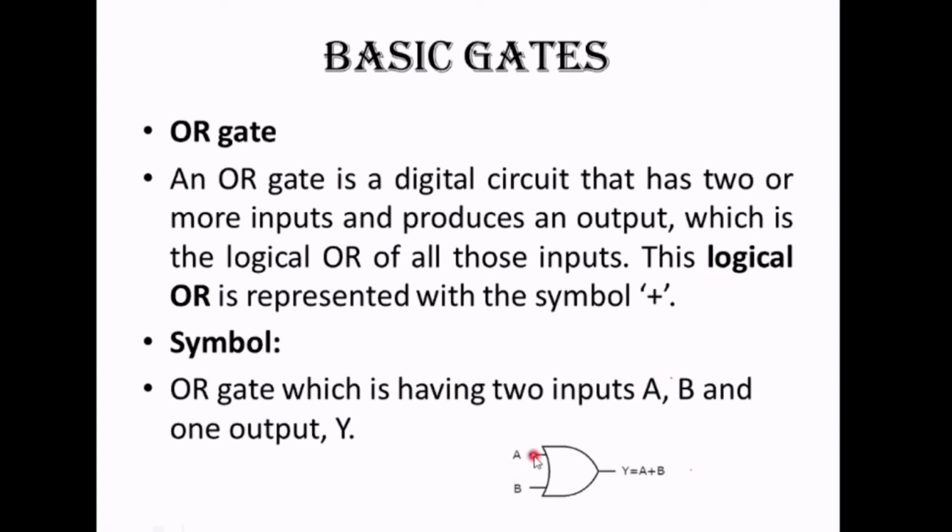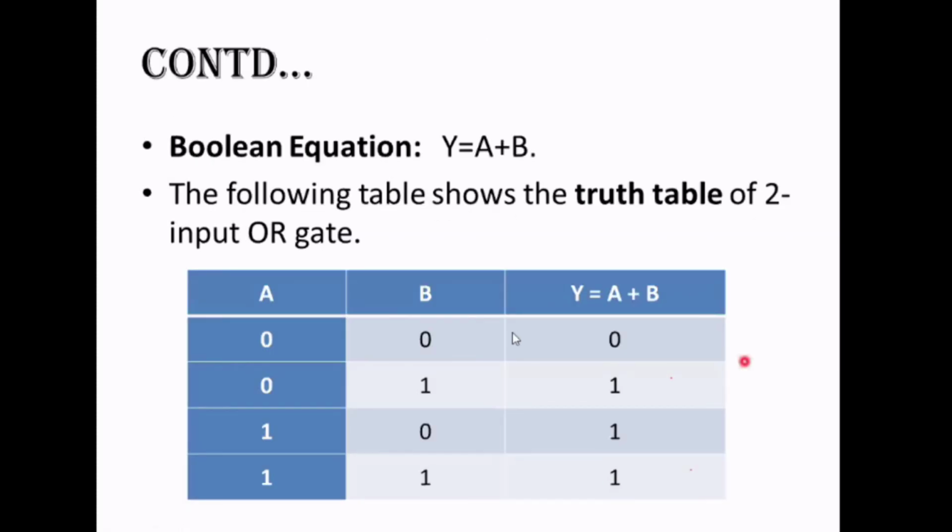Now, over here, currently I am using the variables a and b as my inputs and y is my output, right? Now, when I write this equation, y is equal to a plus b, it means that this gate is a logical OR gate having the inputs a and b and the output is y. Understood? Now, what is the logic for your logic OR gate, right?